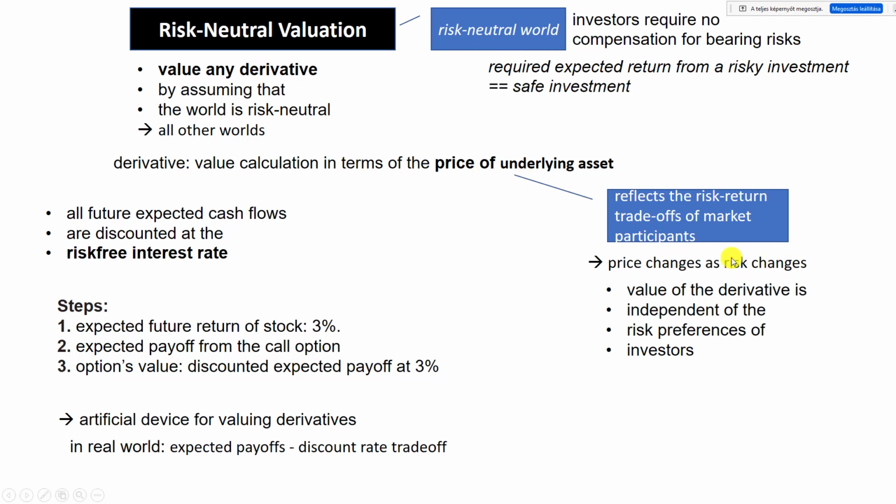So price changes will represent risk changes, and that's why the value of the derivative will be independent from the risk preferences of the investors, because price changes will do all this job, and that's why we don't have to reflect this anymore. So practically we can say that if we have the cash flows about expectations in the future, then we can discount them. So we can take this present value component, and also we have a risk-free interest rate,